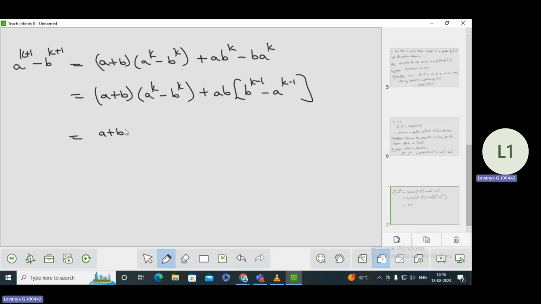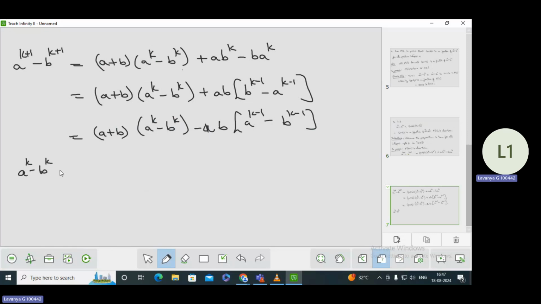This is nothing but (a + b)(a^k - b^k) minus, I can rewrite this as ab, pulling the negativity outside, (a^(k-1) - b^(k-1)). Okay, so in other words, what do I know? The result is true up to k. So since the result is true up to k, I can say that a^k - b^k can be written as